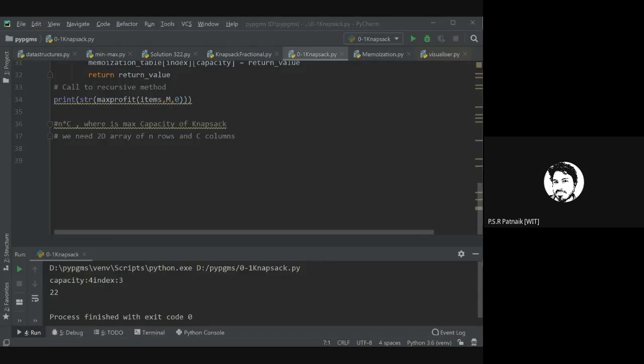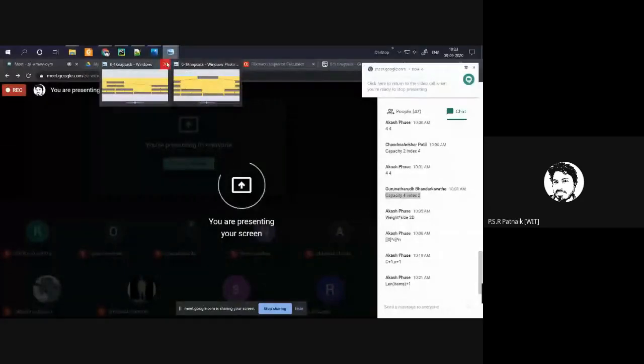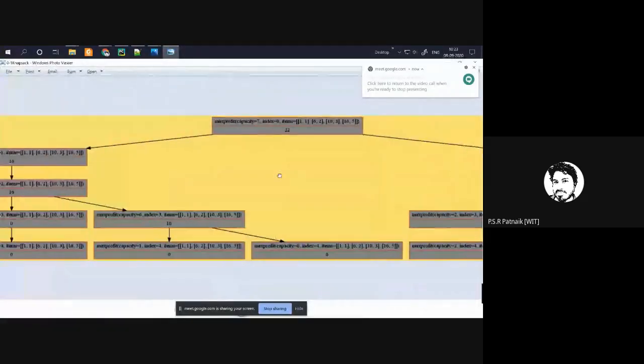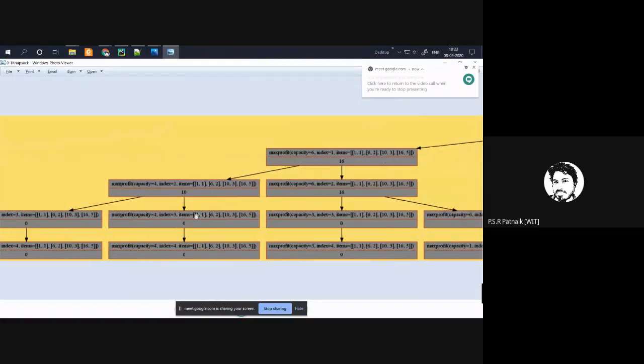Capacity 4. So let me show you how I am ensuring that. Okay, so if I open my earlier recursion tree, see, this is the recursion tree we were looking at. For what it has printed, capacity 4 and index 3 is a subproblem.